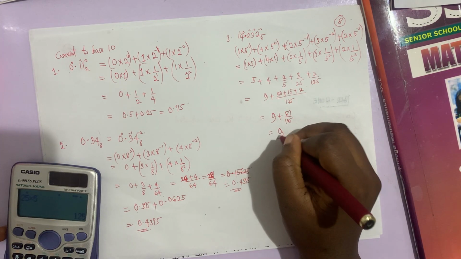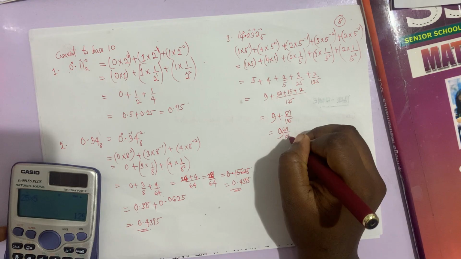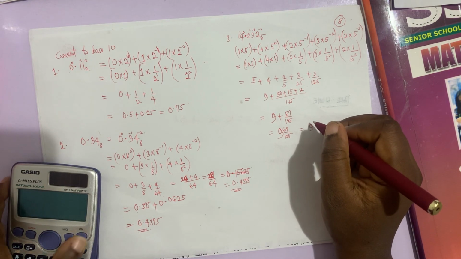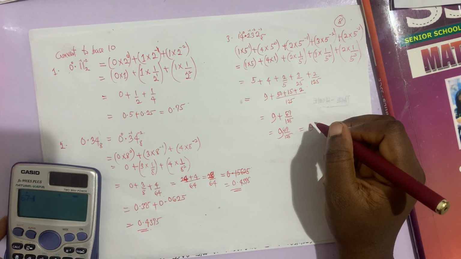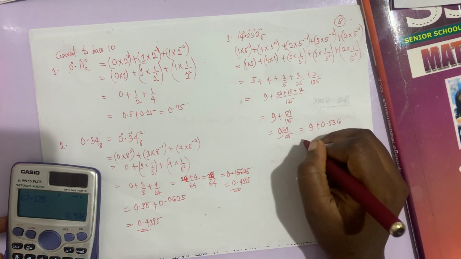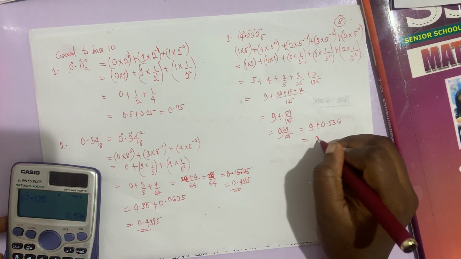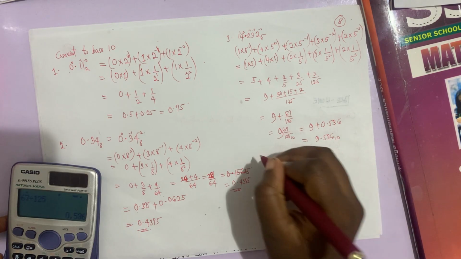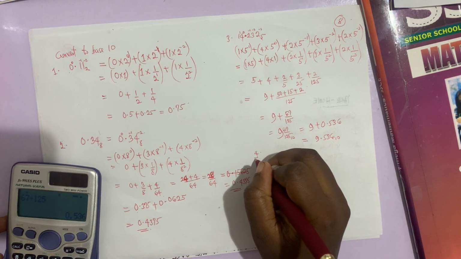You can write it as 9 and 67 over 125 if you choose to, or you can simply do 9 plus 67 divided by 125, which would give us 0.536, and this will be 9.536 base 10. And the final question, we have